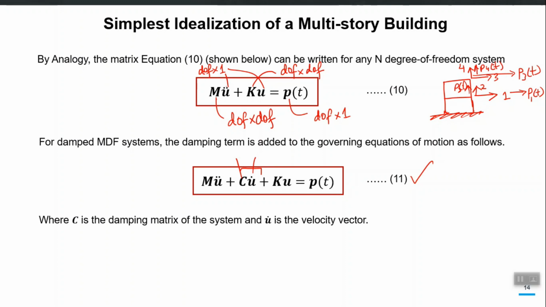So there can be 4 forces which can be applied to this structure, because it has 4 degrees of freedom. At maximum we can apply 4 forces, each corresponding to a degree of freedom. Similarly, the displacement values will also be 4. You require at least 4 numbers at any particular time instant to plot the deformed shape of this structure. You require all 4, U1, U2, U3 and U4, right. So your mass matrix will be 4 by 4, K matrix will be 4 by 4, all vectors will be 4 by 1, right.